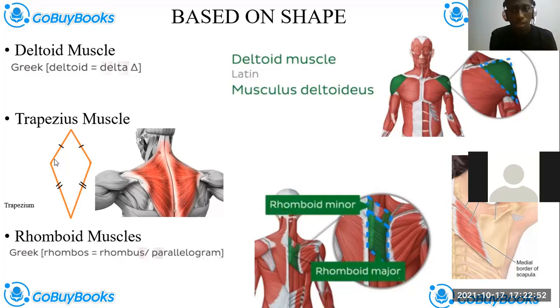To know that these things are not just named anyhow, this is a trapezium shape. They actually saw it and looked at it and asked, what can we relate this thing to? What does it look like to us? And then they named them. See the trapezium shape. That's four sides: 1, 2, 3, and 4. You get that?